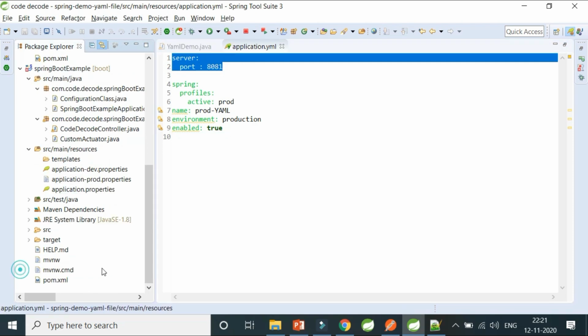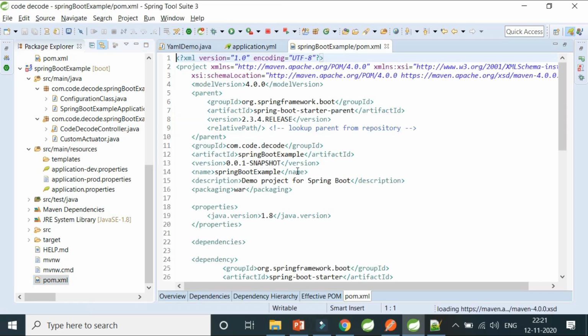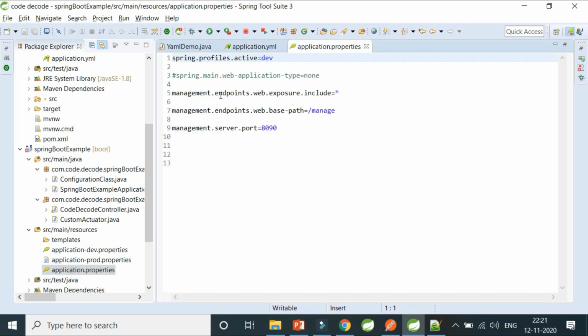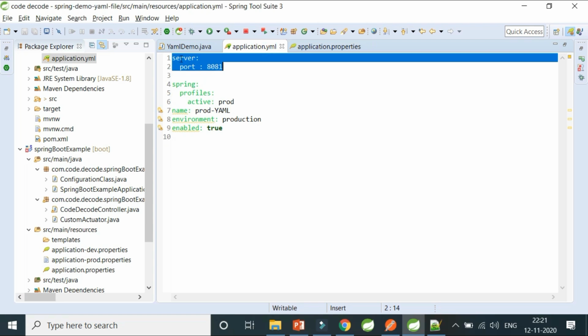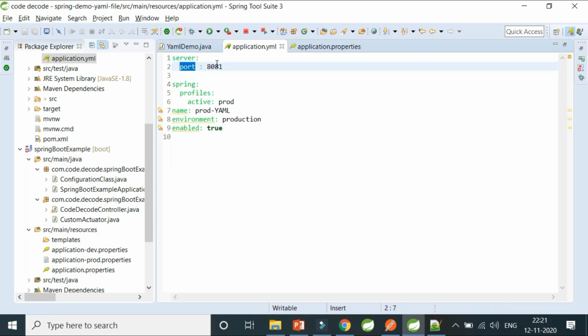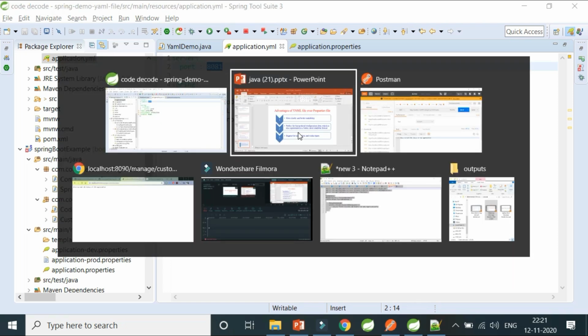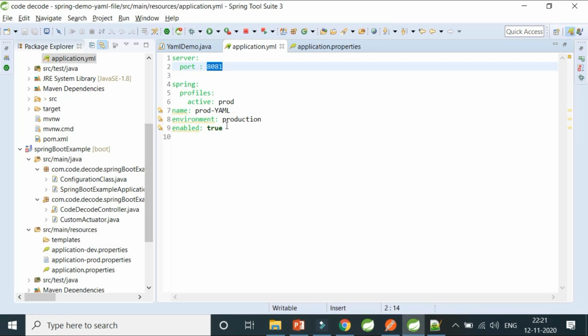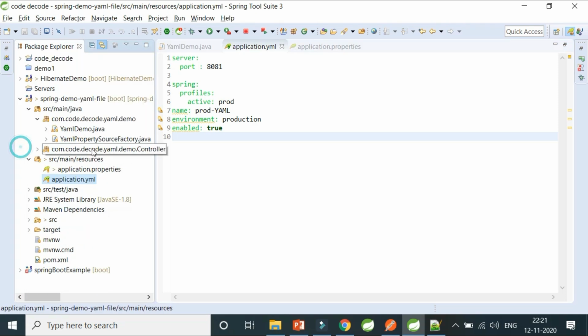So if you can see here, I had my pom.xml. Here I have my application.properties where everything was like this dot this in a straight hierarchy. In a YAML file, you have this hierarchy, and this is the key value pair basically. If you want me to cover the YAML concepts, I'll cover that in a later video, because the time is running out and I have to cover all the important interview questions. So let me show you how the YAML actually looks. This is how the YAML looks to me.